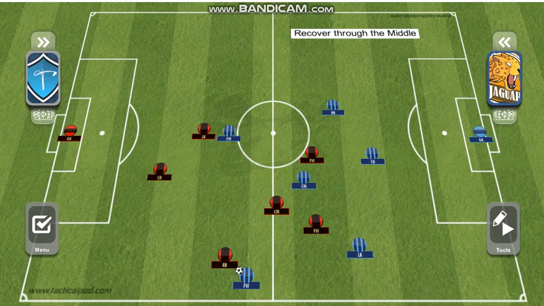Our right back is challenging the forward who has the ball, and because the right back is human, they get beaten. So they're going for the ball, and the forward does something and gets around them. So the forward has beaten the right back. Now, obviously the right back could throw up their arms and just stop playing, but any good player will realize that this play is not over, the ball is not in the net yet,